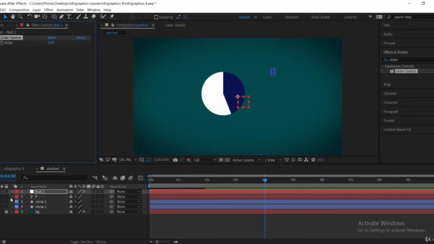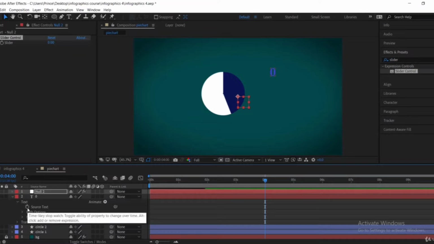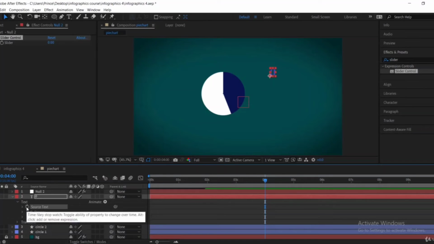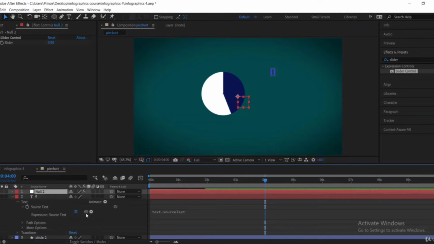Then you can click on this text, on source text. You have to click on alt and click to see the expression. Then you can go on the null and take this handle and put it on the slider. So now you can see it is linked. So we are going to animate this slider like